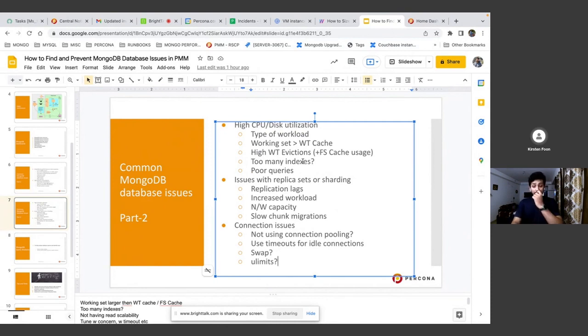And CPU utilization, I forgot to mention in the poor query section, is basically if you are running larger aggregations. Now, aggregations are by design costly operations, right? So if you know there is the unwind stage and the lookup stage as well, why are they costly? Basically, let's say you have a collection wherein you have documents with a field with large arrays, and